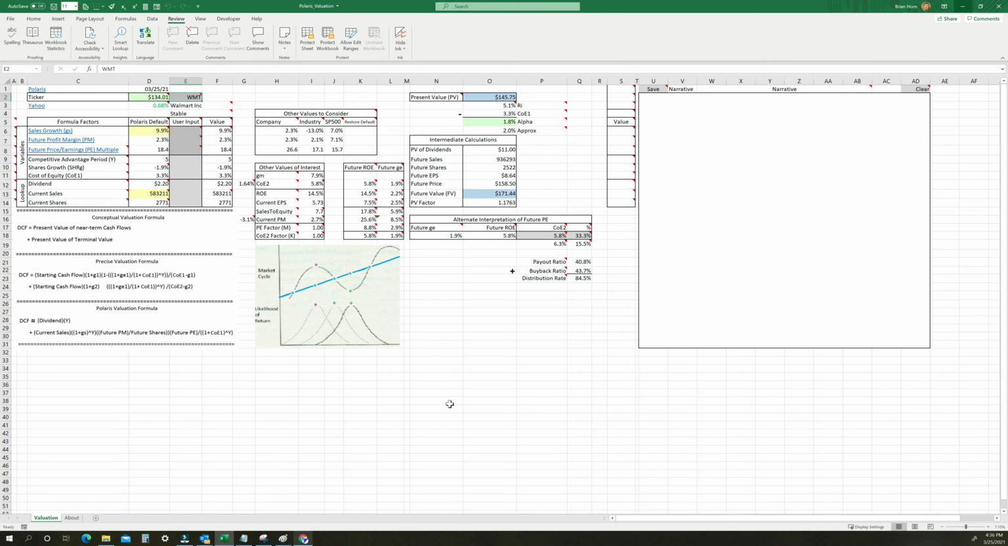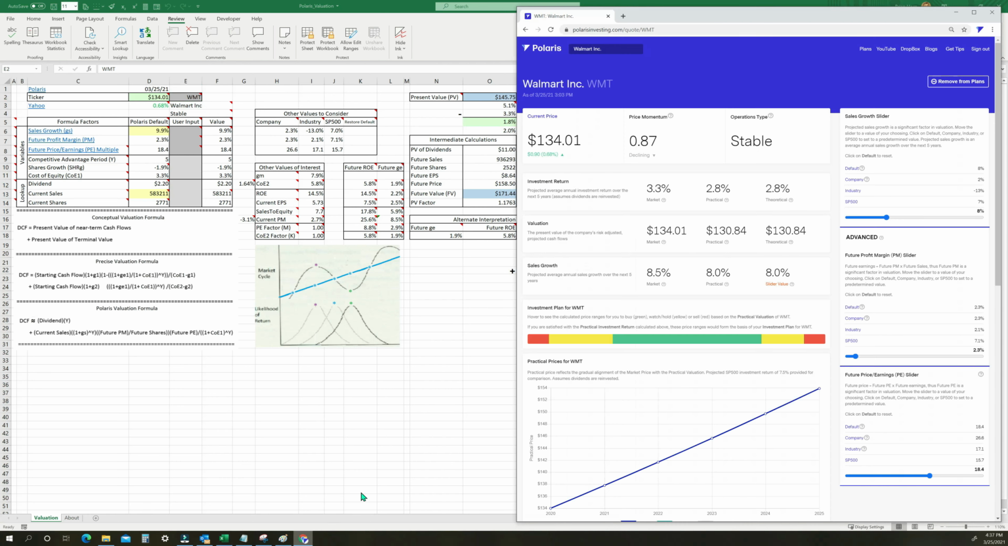With that quick overview of how this worksheet is set up to work, let's compare the results of the formula coming from the spreadsheet with the results out there on the Polaris website. So here we've entered in Walmart and have entered it here after the market is closed, so we don't need to refresh it. Now if I go out there and look at what the website is showing,